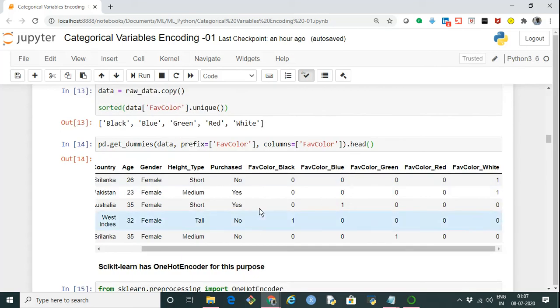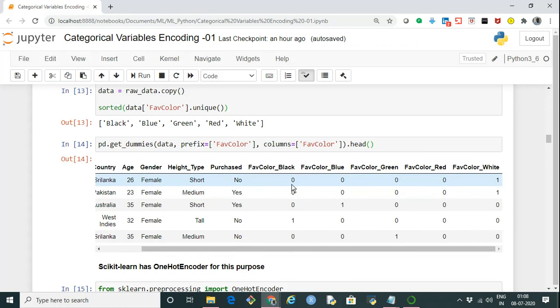If you see, for the colors it created columns like favorite color black, favorite color blue. This favorite color comes from what we specified in the prefix, and based on each unique value of the category we get those columns: black, blue, green, red, white.